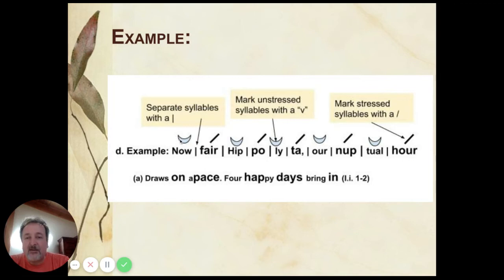I've marked this here. You do a sort of U above the soft syllables and an accent mark over the accented ones. So you can see da-dun, da-dun, da-dun. And I've separated each syllable with a line here. So that's how iambic pentameter would sound. And believe it or not, this actually would help the performers learn their lines because there's a rhythm to it and it can build off of one another. Having a pattern to it and sometimes a rhyme helps them with learning the lines. All right.